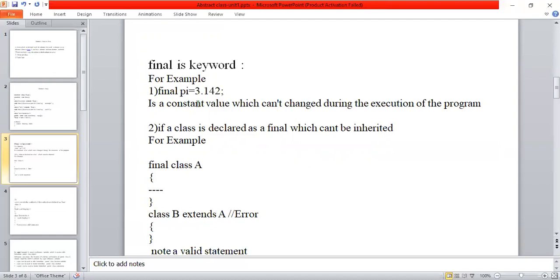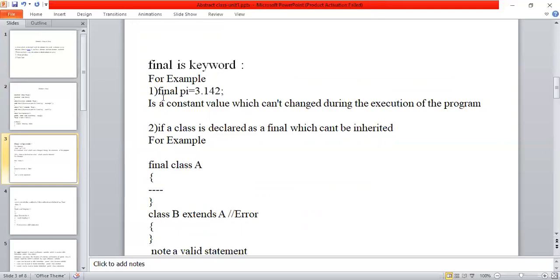Suppose I have a constant called pi equal to 3.142. Wherever I have this pi, if I define it using the keyword final, then this value represents a constant.